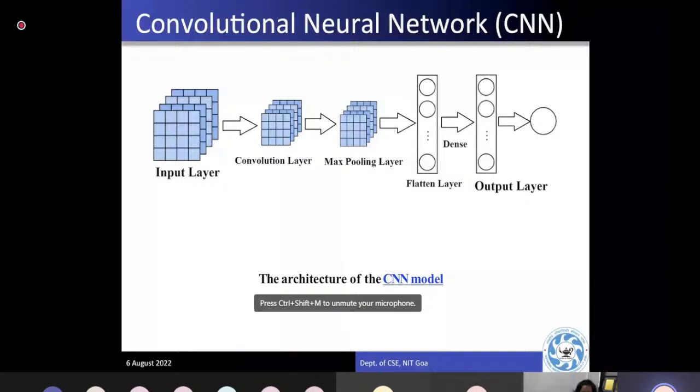Okay, fine. So let me discuss what the convolutional neural network is. As I said, let us assume the neural network as one part. So what is the extra point in CNN? How is it different from the neural network? The convolutional layer. This is the standard architecture people present. This is the convolutional neural network. But what is it exactly? We know the input layer is there. What is the meaning of these slices? This is one matrix. Let us assume this is one matrix, this is one matrix.